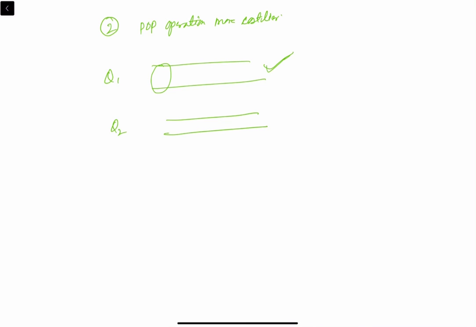Then we can safely remove this. So whenever we do a pop operation, we dequeue from here and enqueue into the temp queue, and then rename it. We will do the renaming after the pop operation, whereas in the first method we were renaming after the push operation.